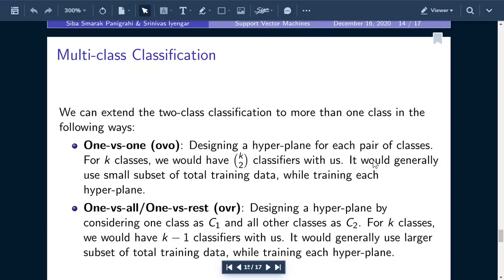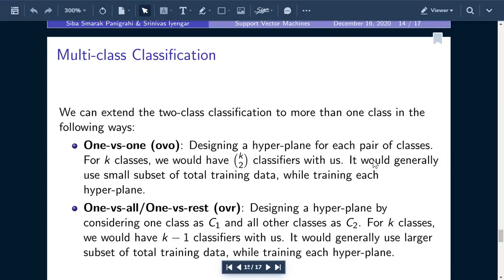Okay. But in case of one versus all, or one versus rest, what is going to happen? We are going to design a classifier considering one class as one and the entire rest of the things as the other. So stop this jargon, go to example. Now let's say cow, duck and buffalo. So what is going to happen? I'm designing a classifier or hyperplane between cow, and duck and buffalo combined as another class. This is one hyperplane. What is the second hyperplane? It is going to be duck, and cow and buffalo as the other. Understood? So this is the one versus rest.